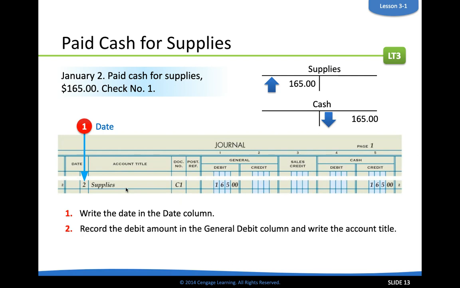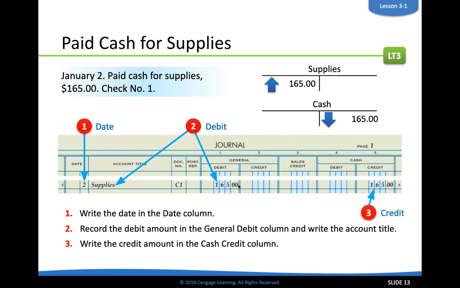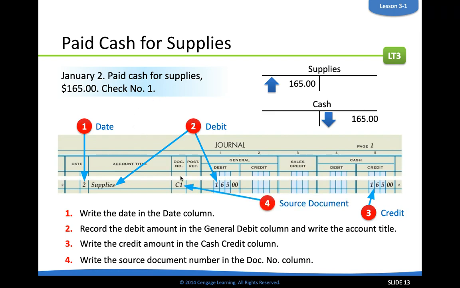Number 2, what is our debit? So we know that we need to debit supplies to go up. So we're going to write supplies here because that's one of our accounts that are impacted, supplies. And remember, cash is still on our special account, so we don't need to write that in there. But we know that our debit needs to come from supplies, so we're going to write supplies for 165 and 0 cents. Whereas our credit, that is coming in cash, so our 165 credit of cash to make the cash account go down. And 4, the source document is check number 1, so we're just going to abbreviate that as C1 over here. All right, so you guys can